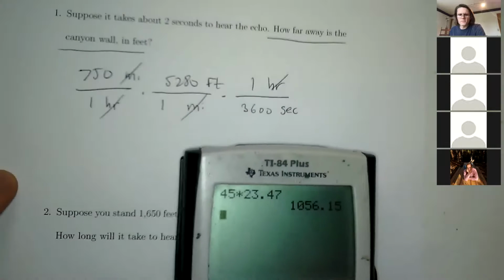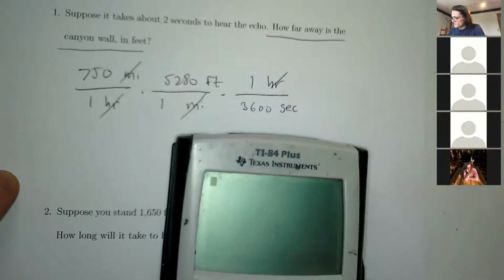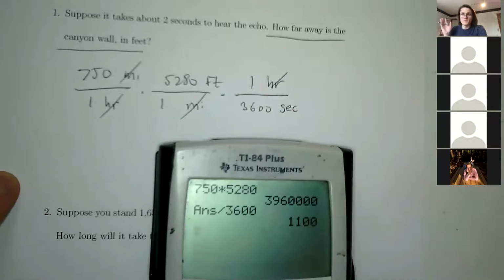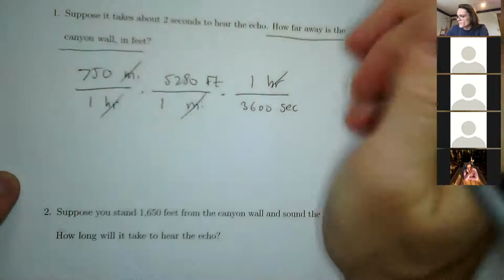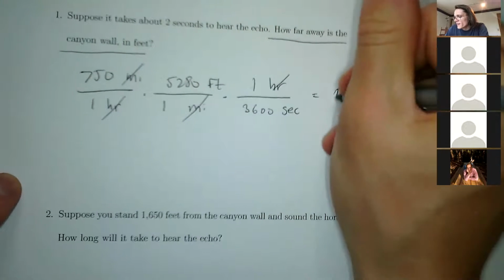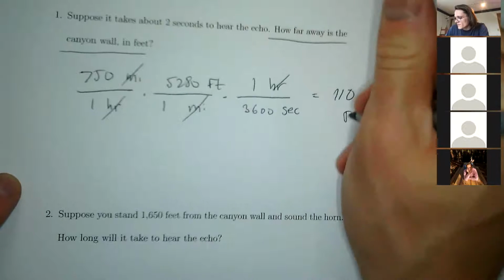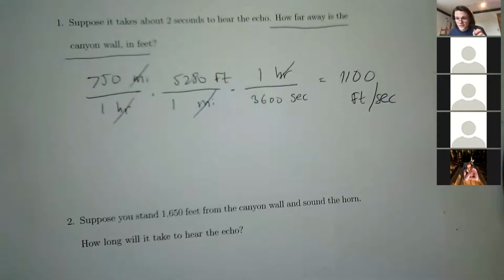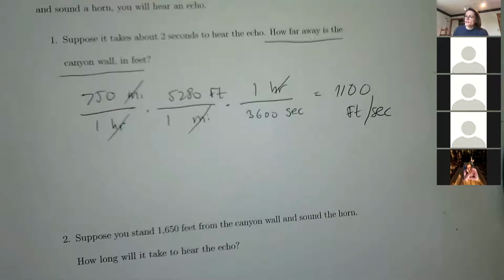Let's see what it is. It should be pretty big, I'm guessing. I'm not sure. 750 times 5,280. It's a huge number. And you divide it by 3,600. So that's beautiful. 1,100. So the sound is traveling at 1,100 feet per second. So it's going really fast. I guess it's sound, right? And so the question is, if it takes 2 seconds to hear the echo, and